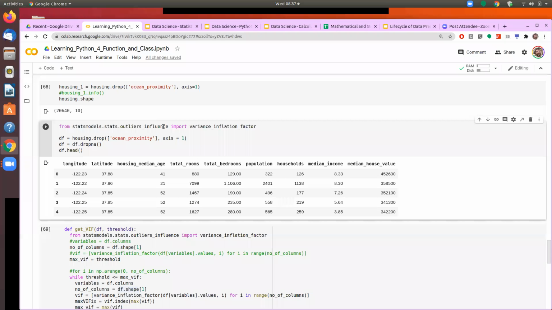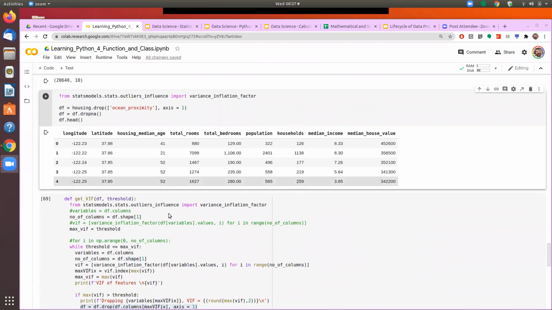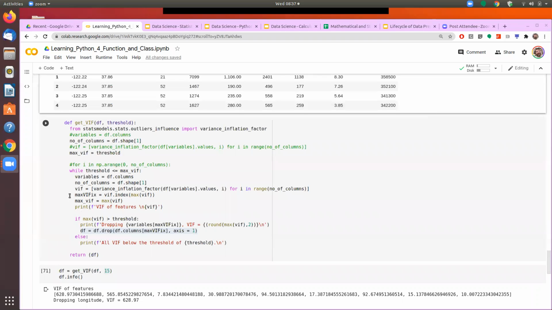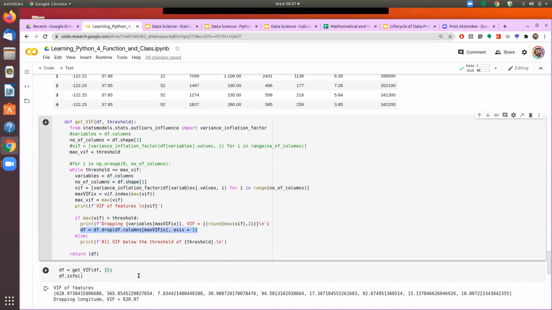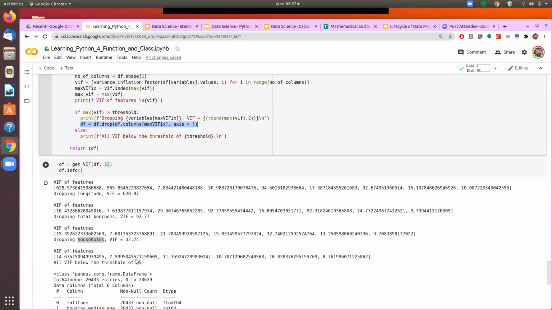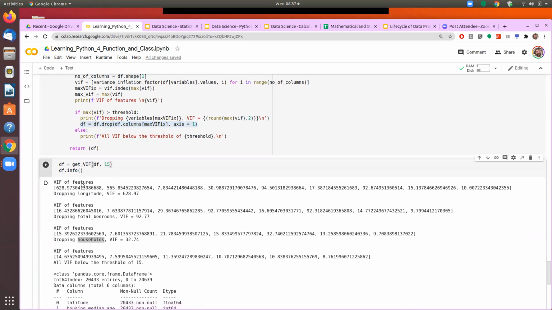So if we come to our notebook once again, without going into all these details, if you see, first I am computing VIF here in this line. Then I find that which column has the highest or the maximum VIF, and then that column is dropped here. That is what is being done until everything is below the threshold. So I had defined a threshold of 15. In the first iteration, it computes the VIF. So these are the VIF score of the corresponding